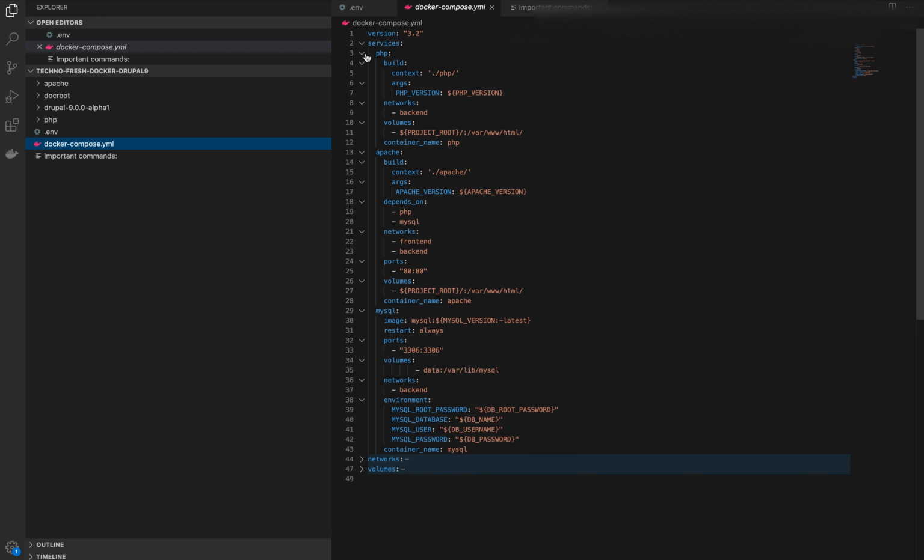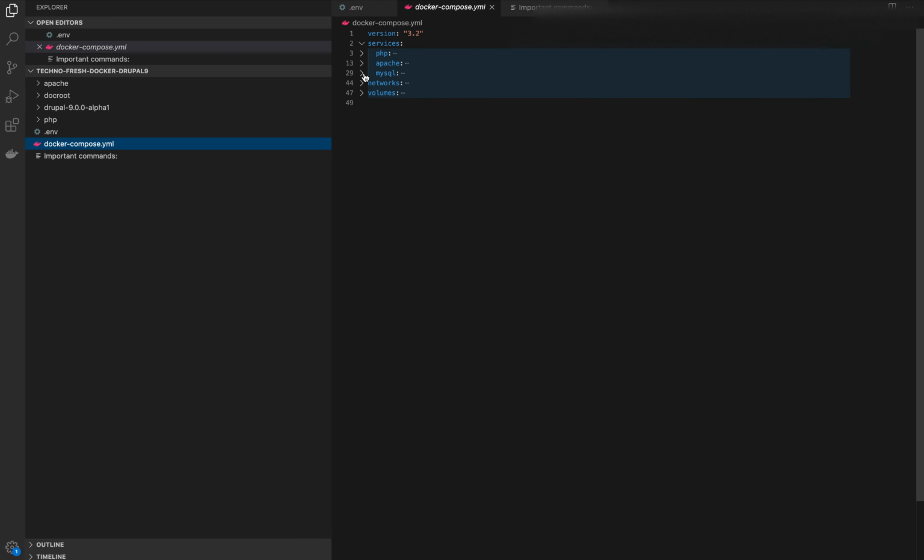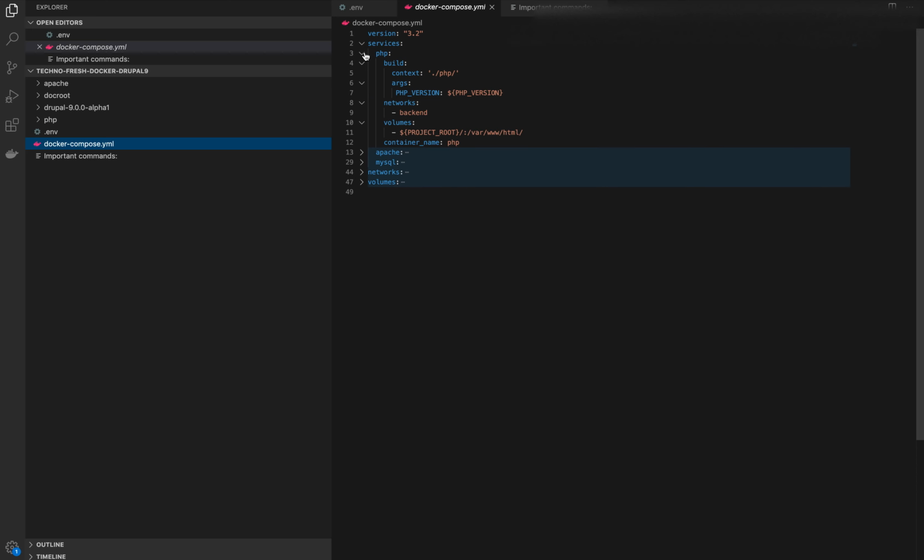Now, the services are what we use to run the background for the index, like a web host. If I'm running PHP, what do you need? PHP, and Apache or Nginx. I'm using Apache here, and MySQL where we will save the database. So these things are required, and we will pull those images from Docker Hub. Let's start with PHP.